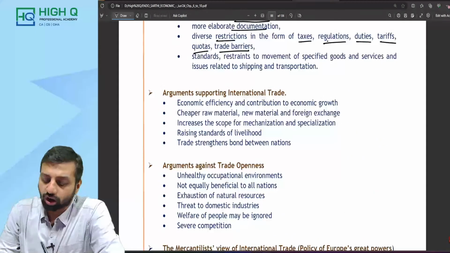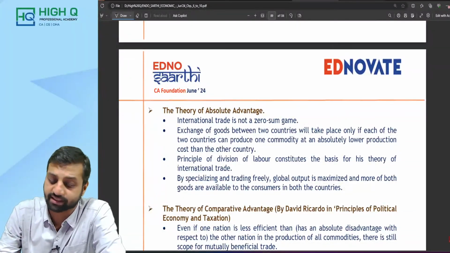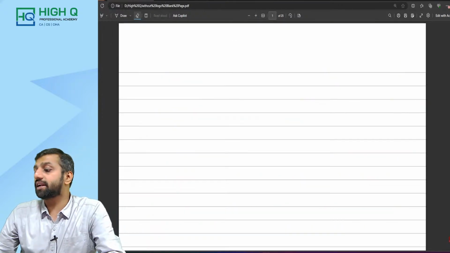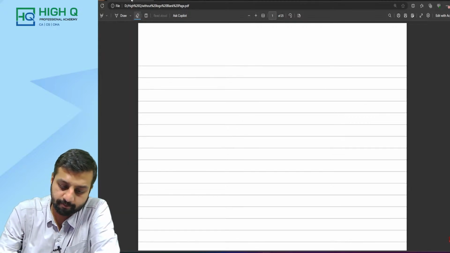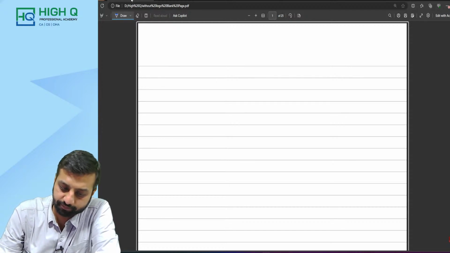So whenever we talk about international trade, there are certain merits and there are certain demerits. Now in this chapter you have studied certain theories. So the first theory is by the name of